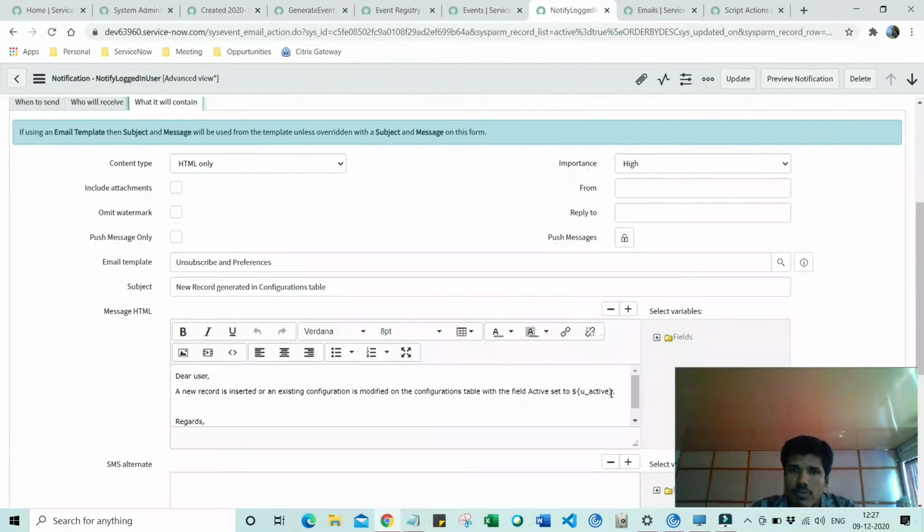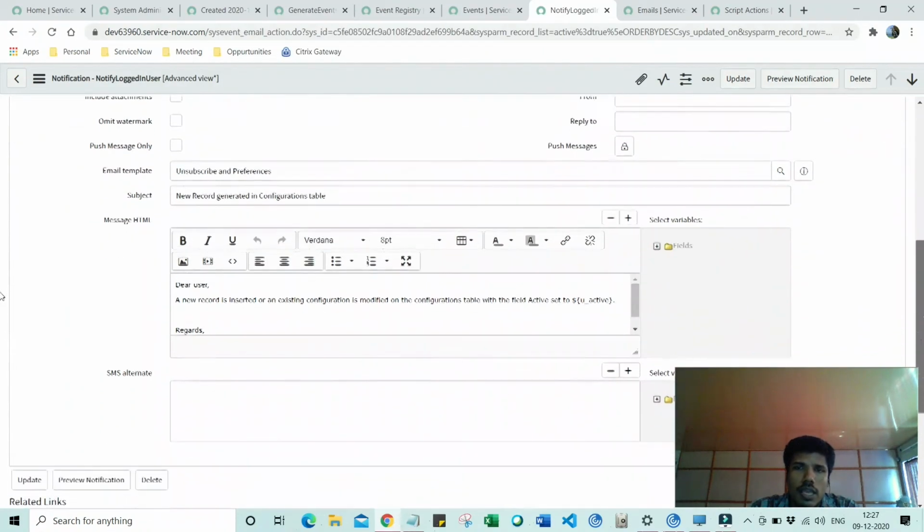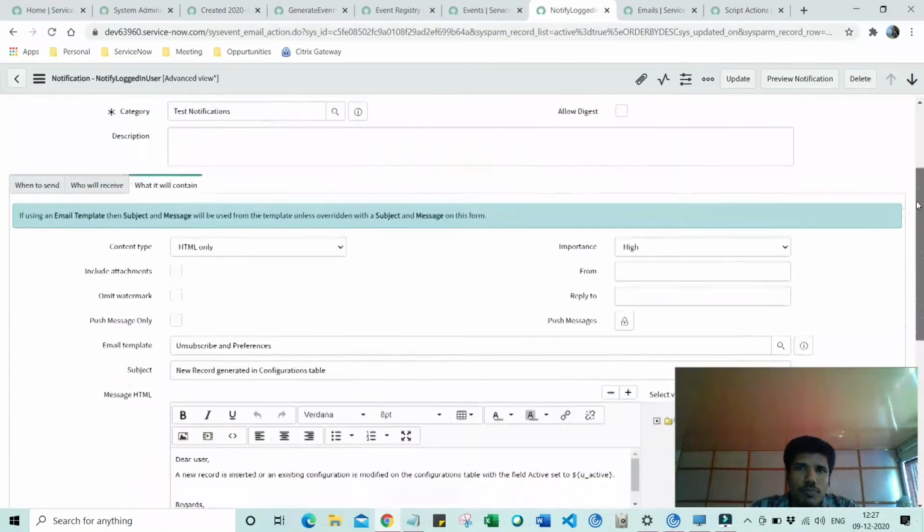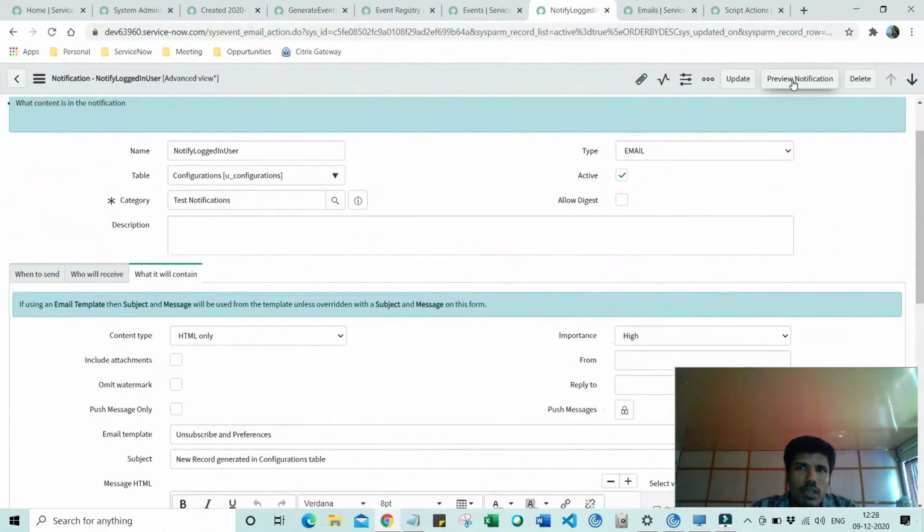How did I select this value? I used this component called select variables and I chose the active value. So when you choose the active value, that populates the value over there. So I have configured my notification. Now I will check if my notification does work.